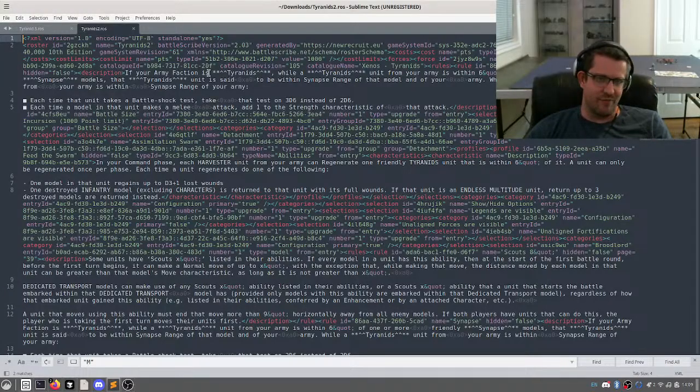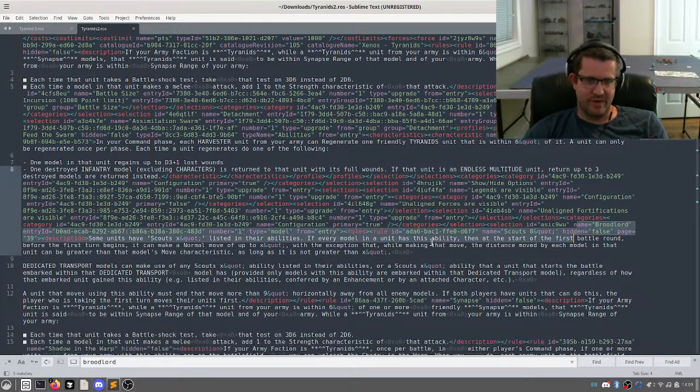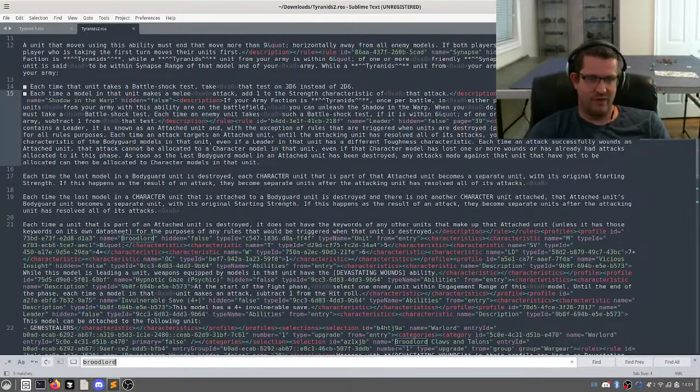So these files generally have more structure. This isn't structured or looking very pretty, but it does have all the information about the army you just built. For example, we can find the Broodlord. And here's the information about the Broodlord. You can go find his movement characteristic, which is right here. You have an 8. His toughness is 5. Basically, we just parse this document into a list inside of